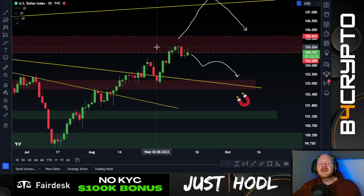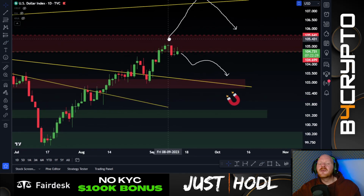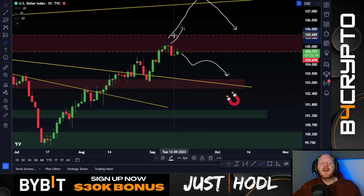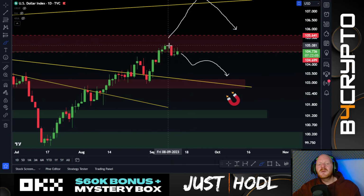And on the dollar index, we can see, yes, I told you we're coming into this major resistance zone, and I told you we have two possible scenarios: that we're going to break this major resistance and come all the way back above the $105 level, or that we're going to see this retracement from this major resistance and come all the way back down. And yes, this is exactly what happened. We saw that the dollar index came all the way back down, all the way to the levels of $104,